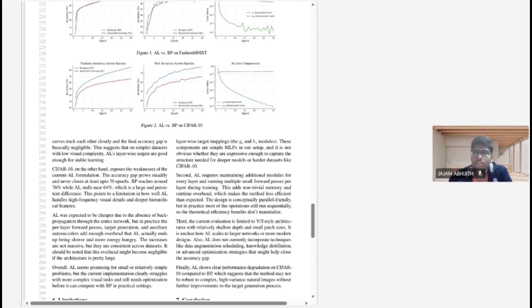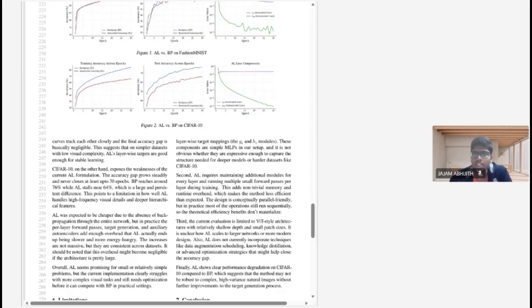But CIFAR-10 really exposes the weakness of our current AL formulation. That accuracy gap, 12 percentage points, grows steadily and never closes, at least not in the 30 epochs we tested. BP reaches about 76% while AL stalls near 64%, and that's a large and persistent difference. This points to a real limitation in how well AL handles high frequency visual details and deeper hierarchical features. Without full gradient flow, the layers aren't coordinating well enough to build the complex representations needed for harder visual